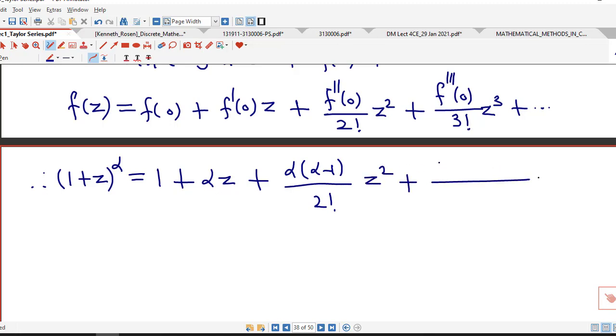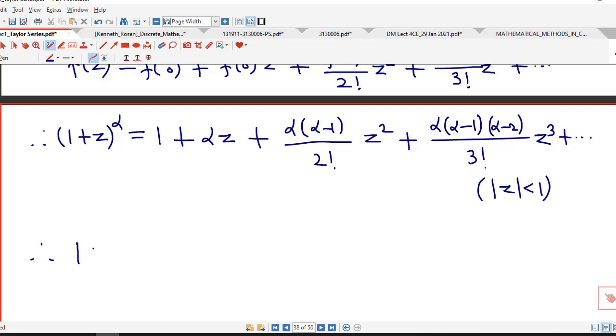Third derivative is alpha into alpha minus 1 into alpha minus 2 divided by 3 factorial into z cube, and as we discussed, this is valid in the open disk mod z less than 1,